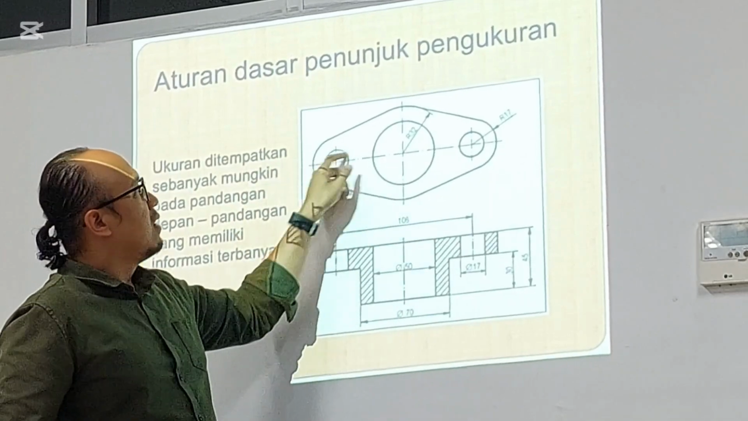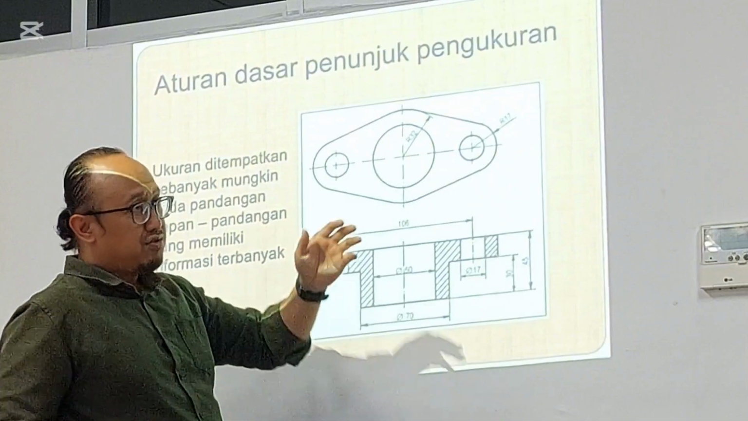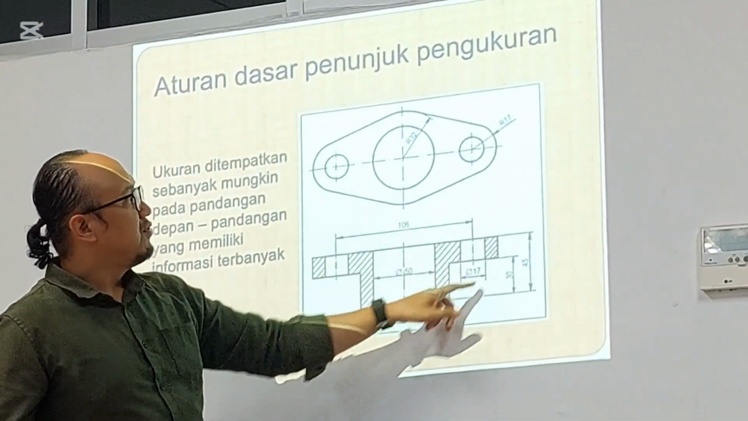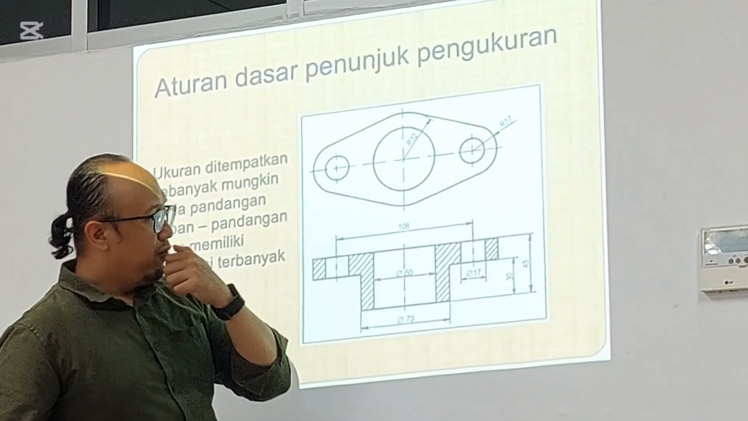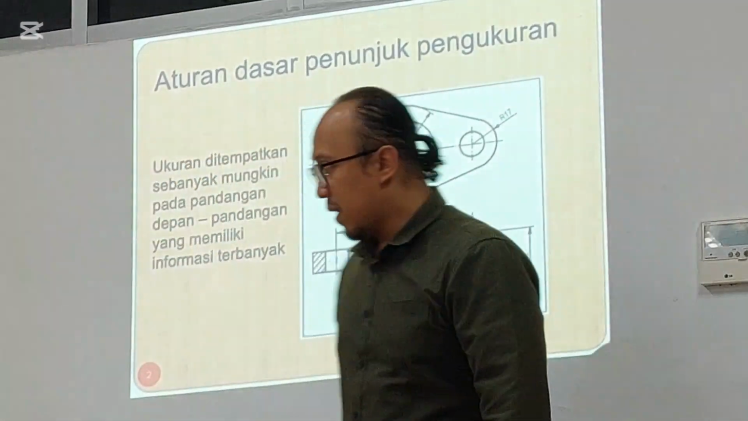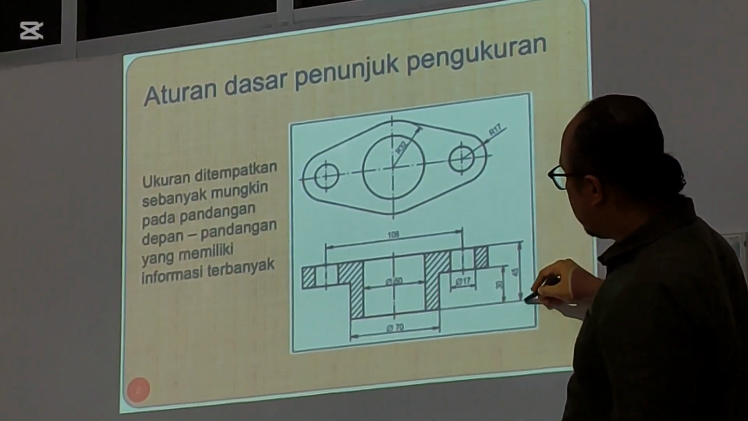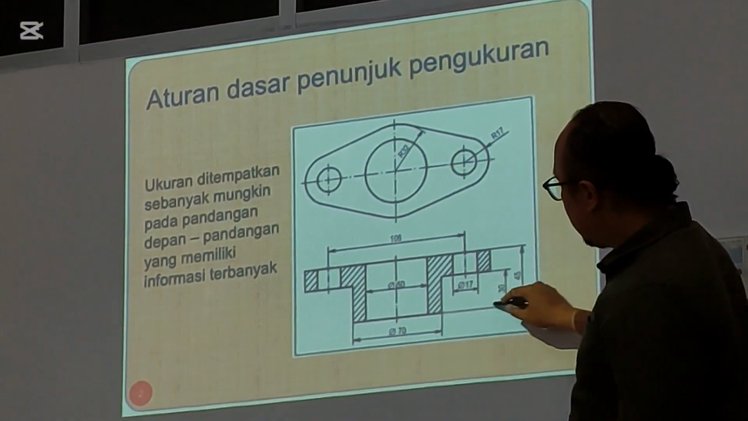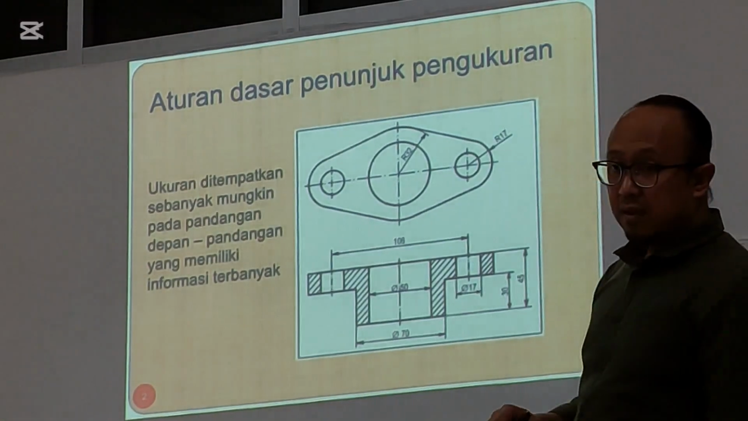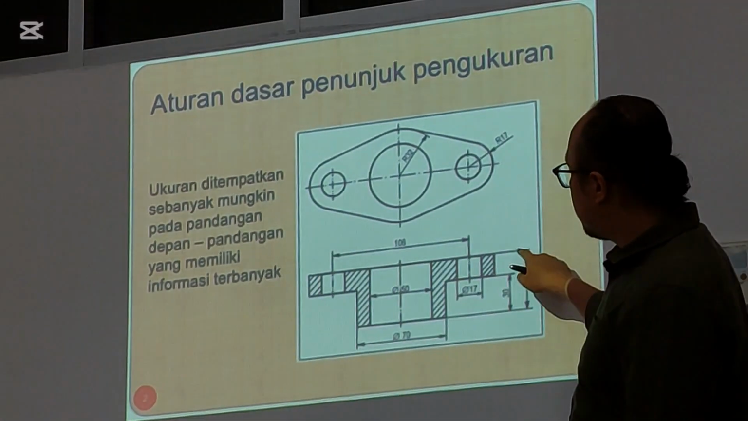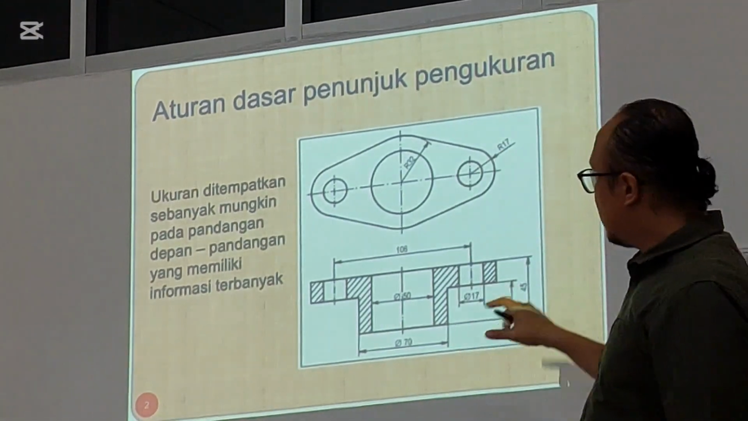a slice area for this area. It means that this area was cut into two pieces and then separated, and you can see the inside of this area. So if you want to give some dimension, please choose the front view first. You can add some additional line, and if you make